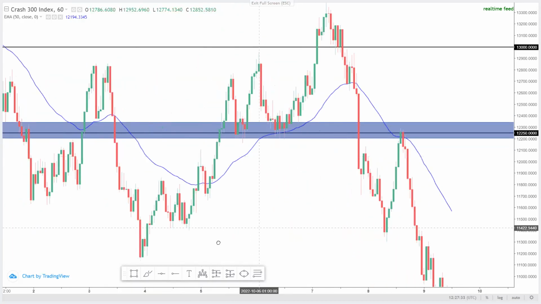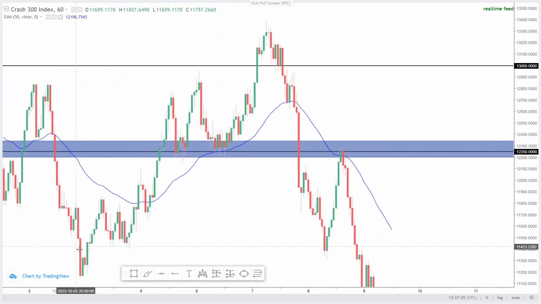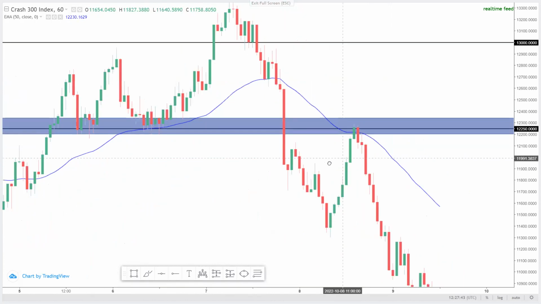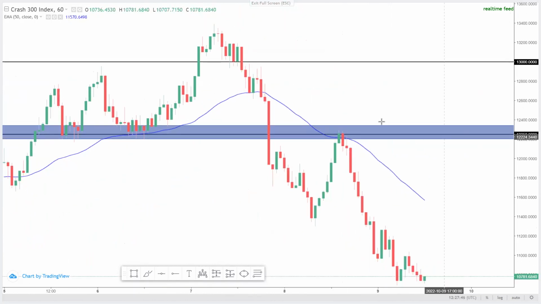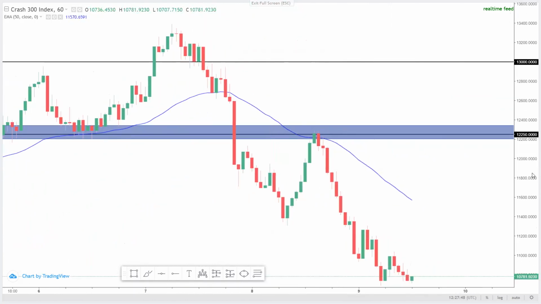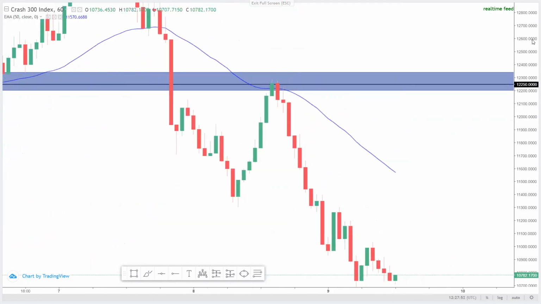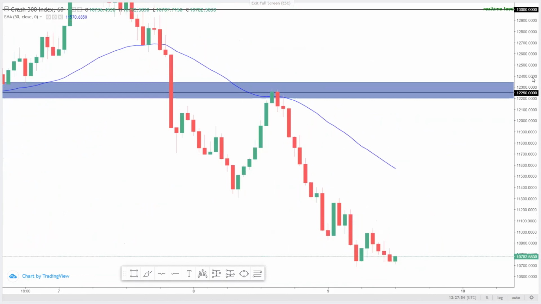Obviously and clearly, the 1-hour time frame trend has also shifted from uptrend to downtrend. So it's safe to say any sell opportunities we're looking out for